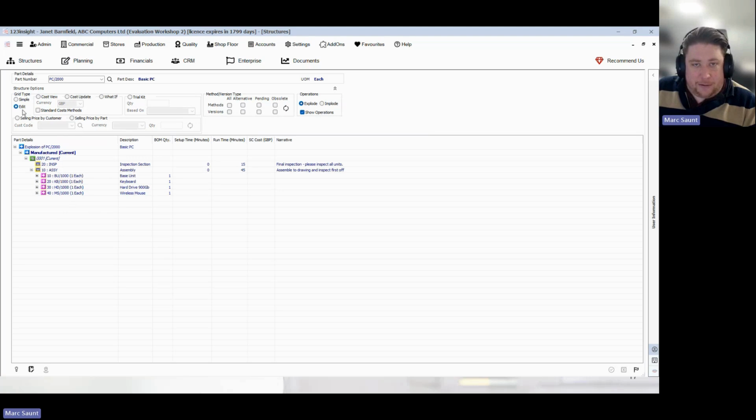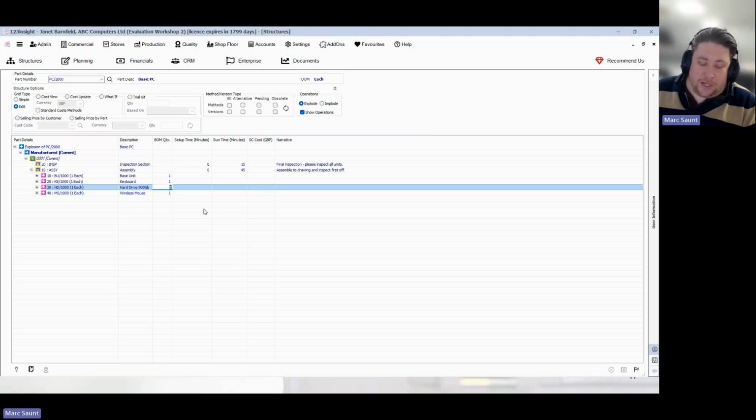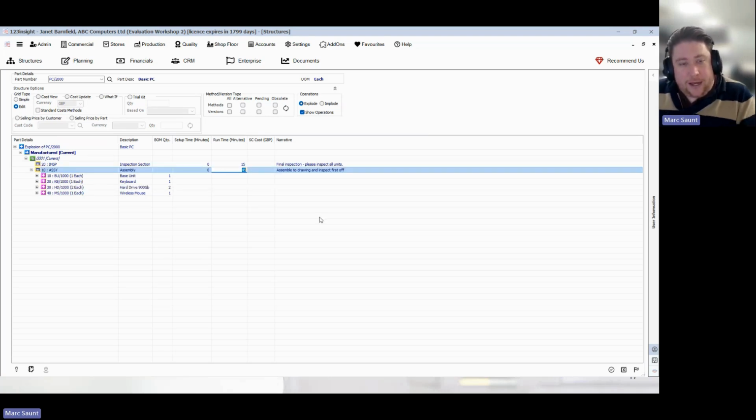Now I am in edit mode here, which means that actually I can just edit from this screen if there's just some small changes that I want to make. So for example, what we're going to do is rather than change into a bigger hard drive, what we're actually going to do for this PC 2000 is just put two of the same hard drives in. So here I can update that bill of materials quantity from 1 to 2. Now that we've got that extra hard drive, it does take them a little bit longer to